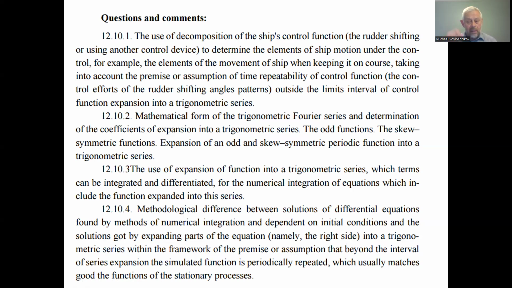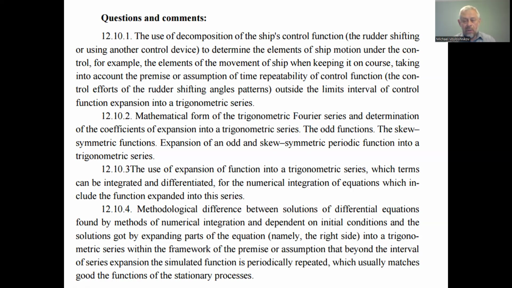If we consider the ship keeping on a straight course, usually with the use of the control system with no feedback, we can substitute this by the simulation of a periodic function. This periodic function can be, for example, the trigonometric function of sine or cosine, or the combination of sine and cosine. And very fruitful can be the substitute of the non-analytical nature of the control function. For example, the impulse nature of the control function, a function with breaks, not continuous, not smooth, we can substitute by the